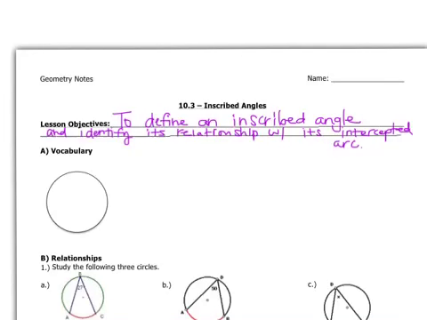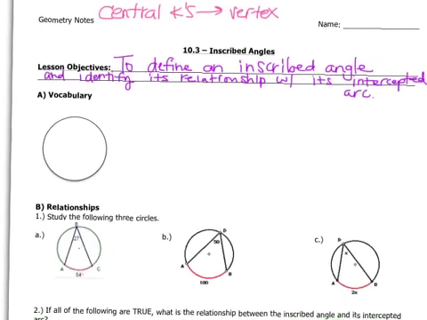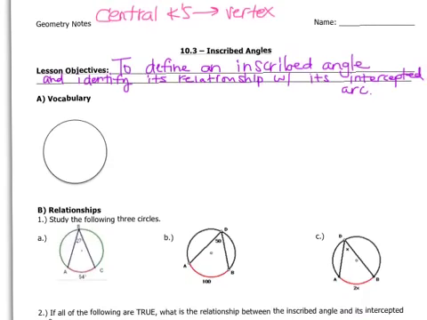All right. What we are going to do in this lesson is look at a different type of angle within a circle. Remember, last lesson you looked at central angles. Central angles have their vertex at the center. And remember, central angles have the same measure as its intercepted arc. What we are going to look at today is what we call an inscribed angle and identify its relationship with its intercepted arc. So if we take a look down here at our circle, we can draw in an inscribed